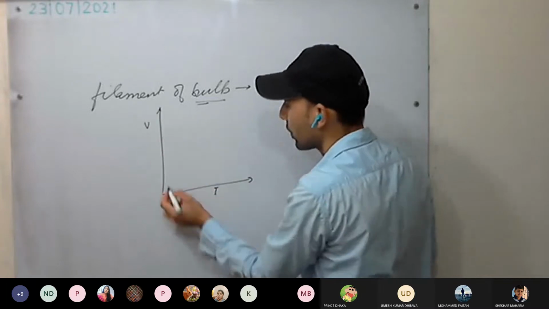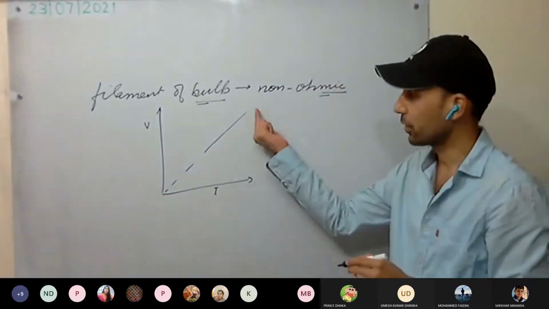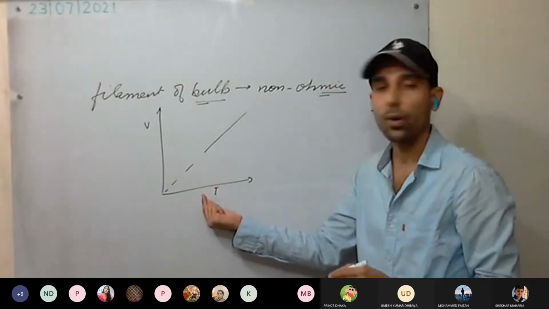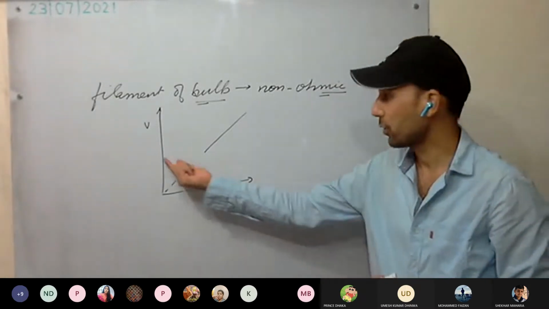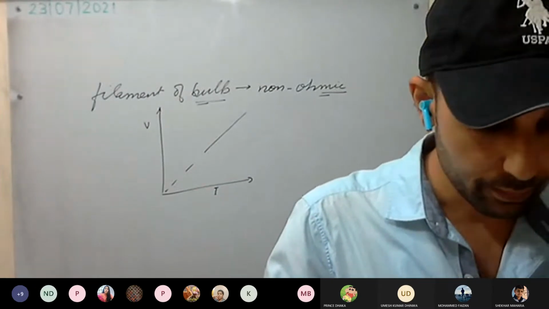That is the V-I graph. This is the ohmic straight line we got. That is, the resistance of the material does not vary with voltage. You can see this is ohmic in the graph as well. See page number